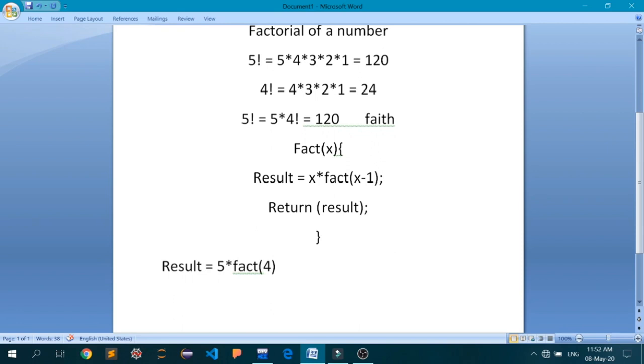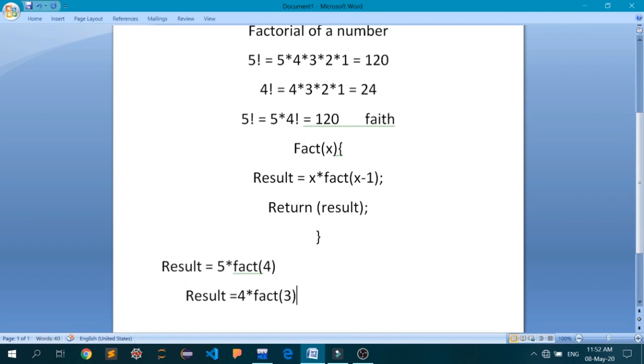Now the body of fact 4 looks exactly like this, because this is this particular function itself. So here you will again have a result variable, and this time the value of x is actually 4, and it will again call the fact function with x minus 1, that is 4 minus 1, which is 3.